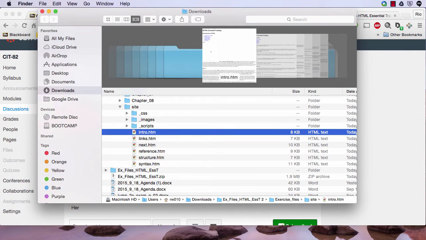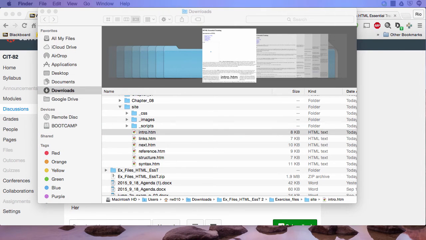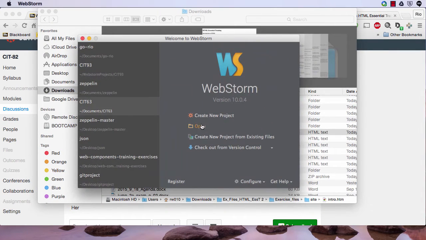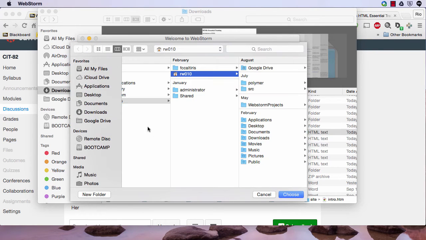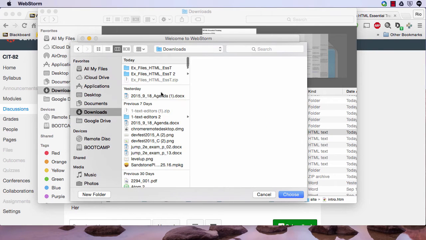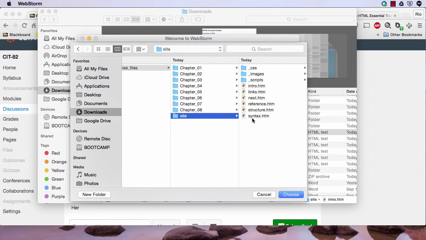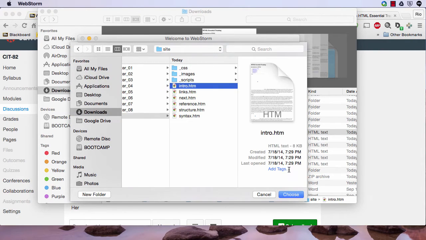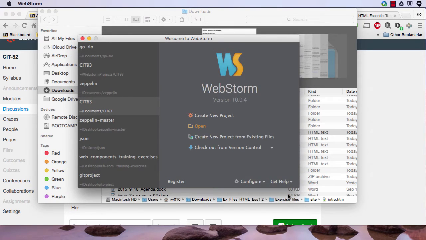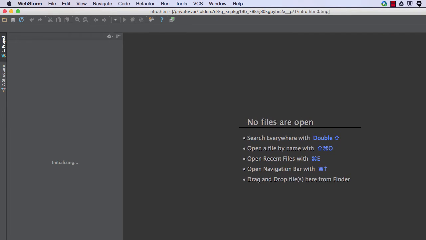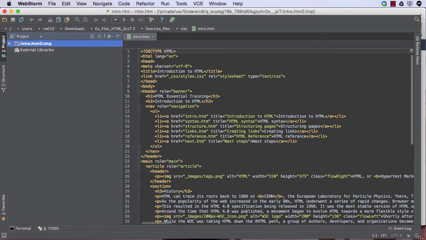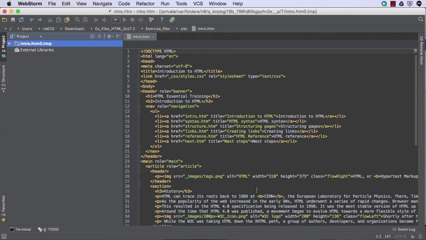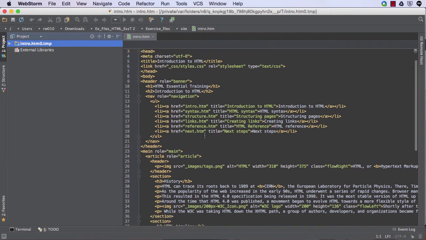Okay, so I'm going to bring my WebStorm over. I'm going to do open. I'm going to go to my downloads, go to my second one, go to the site, and open the index file. Very cool. Okay, excellent. So again, there's really no need to use something like WebStorm, but I do recommend